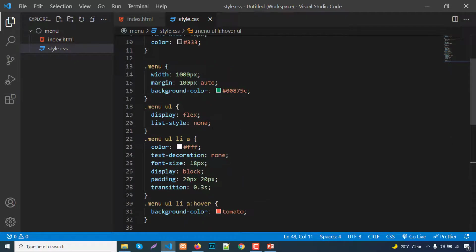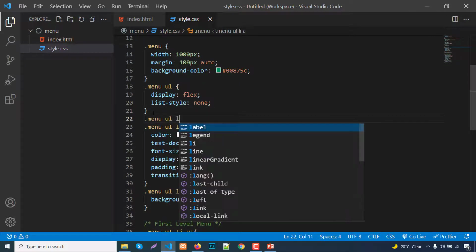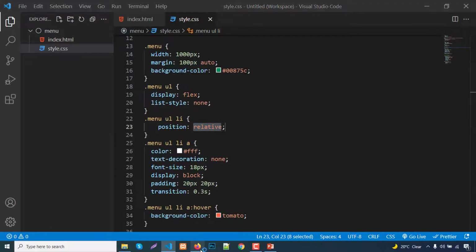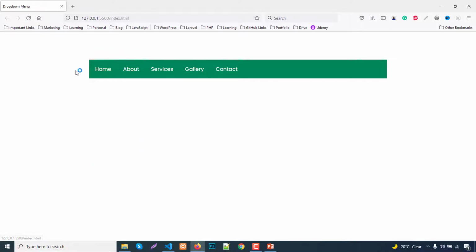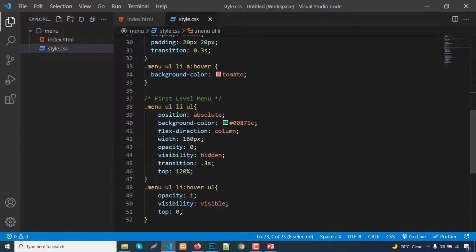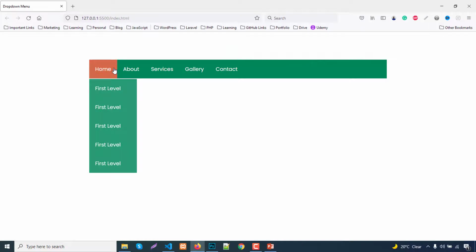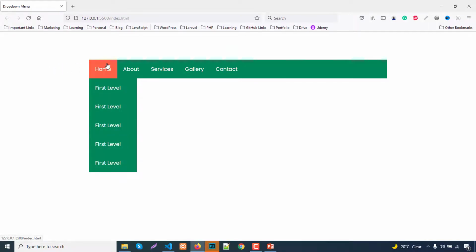So we need position relative: .menu ul li position relative. Okay, back to refresh. Okay, but it should be top 100%, so I can do this. Back to the browser, it will be top 100%, so our problem will be solved. Again, just check it. A very nice animation appears here.